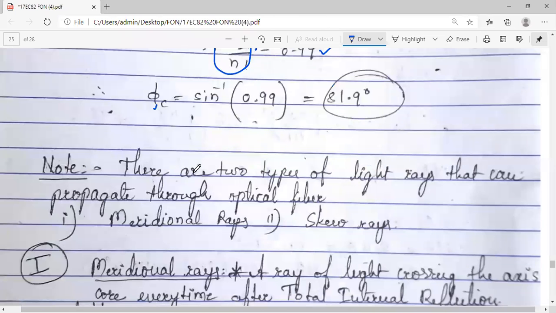Now, let us go to the next concept. When I started with the ray theory of transmission, I told you 4 concepts we will discuss in that. The first one we discussed was, what was the first concept we discussed in ray theory of transmission? Can anybody tell me who attended the classes?